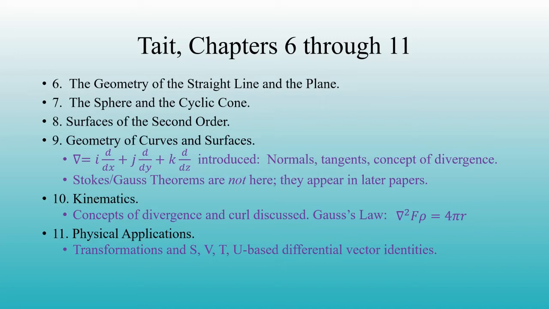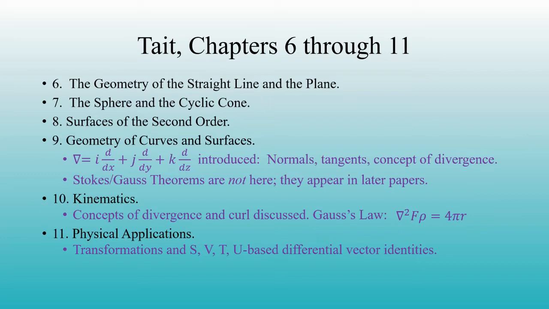I've listed the chapter titles here, but I'm not going to go into much more detail, with the exception of the del operator. Tait first mentions del not in chapters 1 through 5, but in chapter 9, almost as an afterthought. I suspect that this is because Tait, like Hamilton, basically considered the 3D operator del to be a mere application of the 4D quaternion differentiational process. But having said that, he takes the math pretty far, including presenting a version of the concept of 3D divergence. Don't forget that Tait's IJKs are not the same as our IJKs.